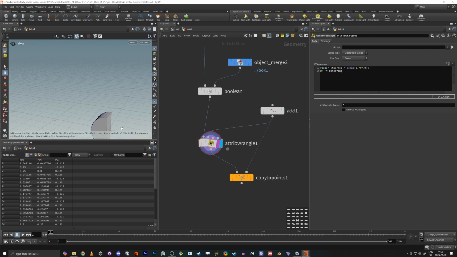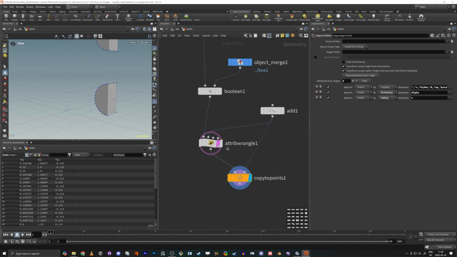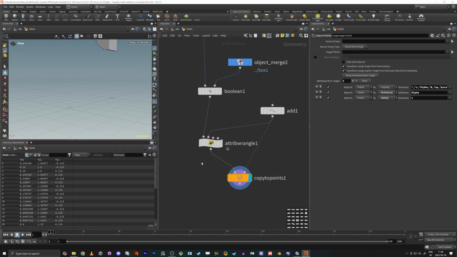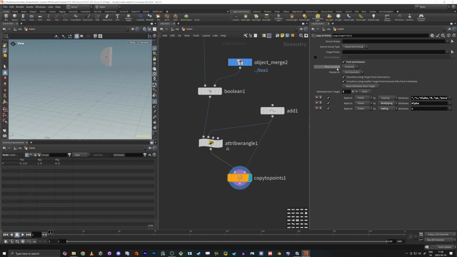So now we kind of center it. There's other ways to do it, but there's a reason down the line we do it. Now when we paste this, it's moving correctly up here. Why this is good is because now if we do pack instance,